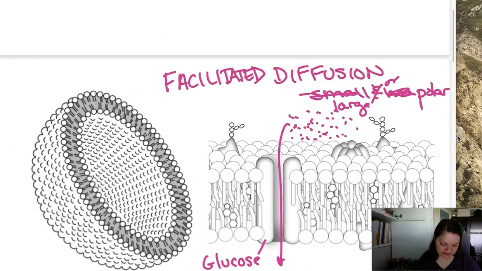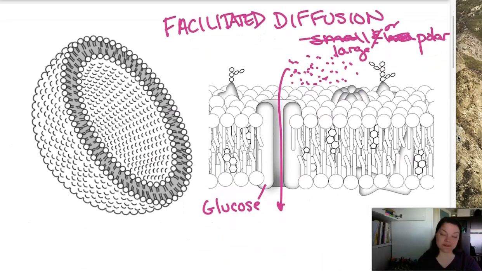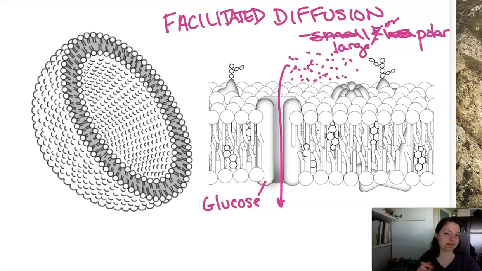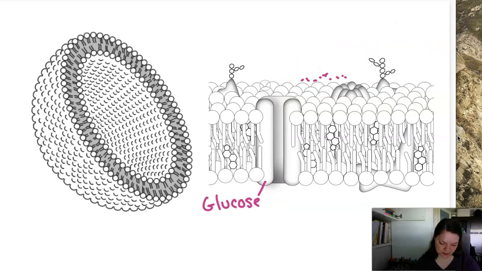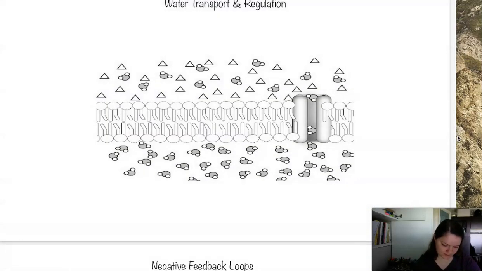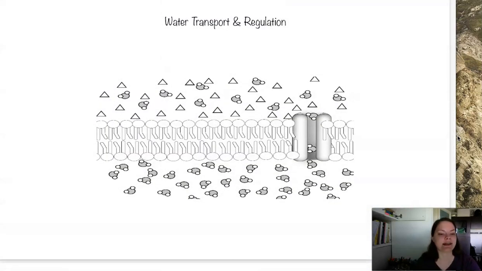Finally, we're going to look at something that's a little bit different, and it's not directly the solute that's moving, but instead it is the solvent. So the last thing we're going to look at is the movement of water. Okay, so let's take a look here, and what we find is that in cases where you have solutes that are not permeable, the membrane isn't permeable to them,